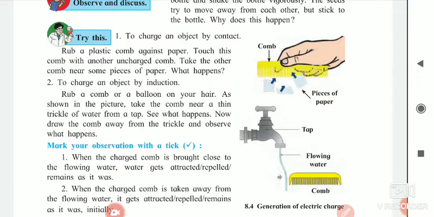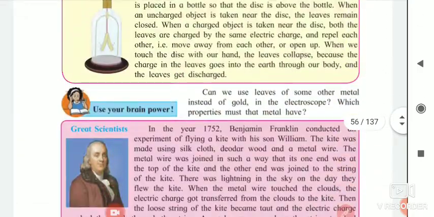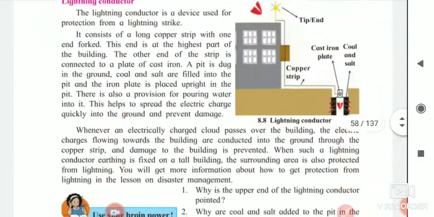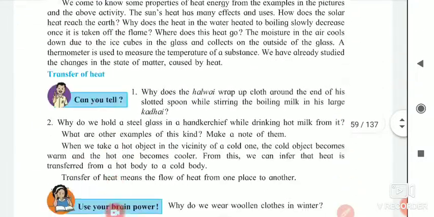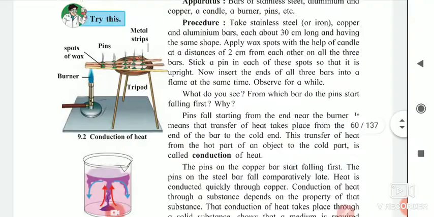From this, any one static electricity experiment I told you. So the first experiment is the parts of the flower. Second, air has a mass. And third, I told you the static electricity experiment, that is the third one. Afterwards, the next experiment is the one you have to do for this.